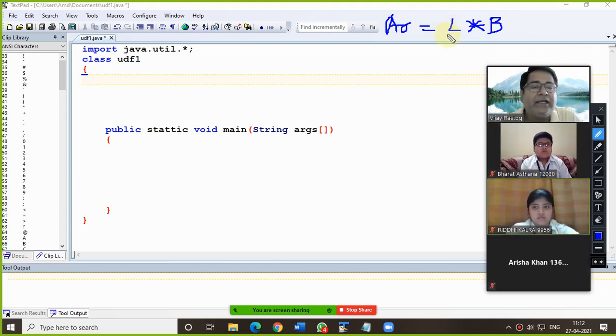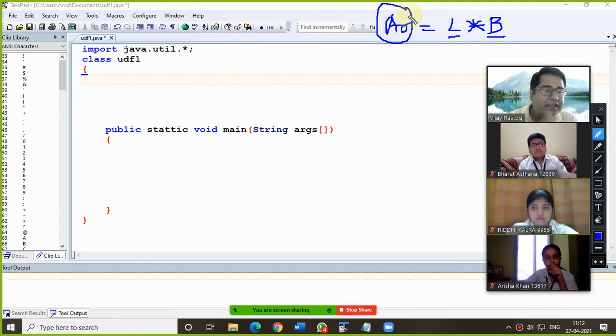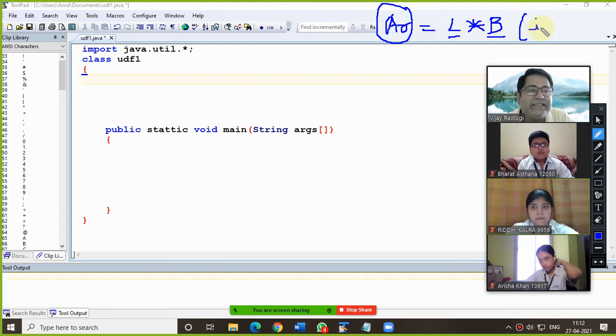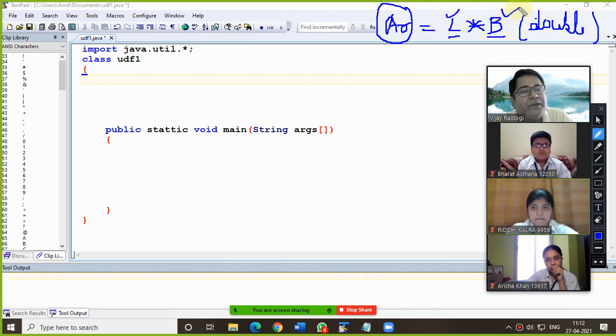But we are assuming that the user is inputting the values in decimal, so in that case the result must be in double only. Double means fractional values. Am I clear till here? So the output must be in double if the input is of double type.